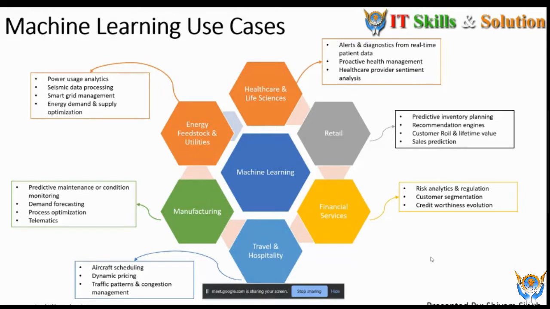Like in your WhatsApp, you always see there are some auto correction and auto completion facilities. That is an application of machine learning. I think most of you have observed that if somebody sends you a mail and you want to reply to that mail, if you write just one or two words, then automatically the next words for completing that statement come on your screen. So that is the application of machine learning.